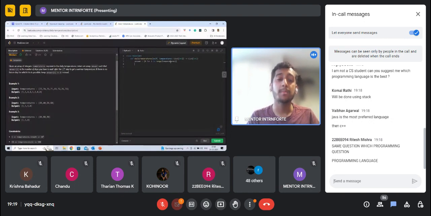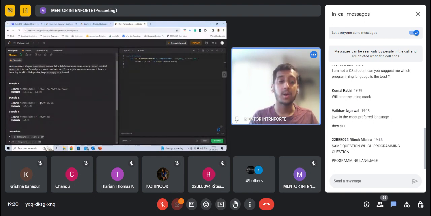Okay, now before I write the rest of the logic, let's take a pause and think about what they're actually asking us. Given a bunch of temperatures, find after how many days we get a warmer temperature, right?